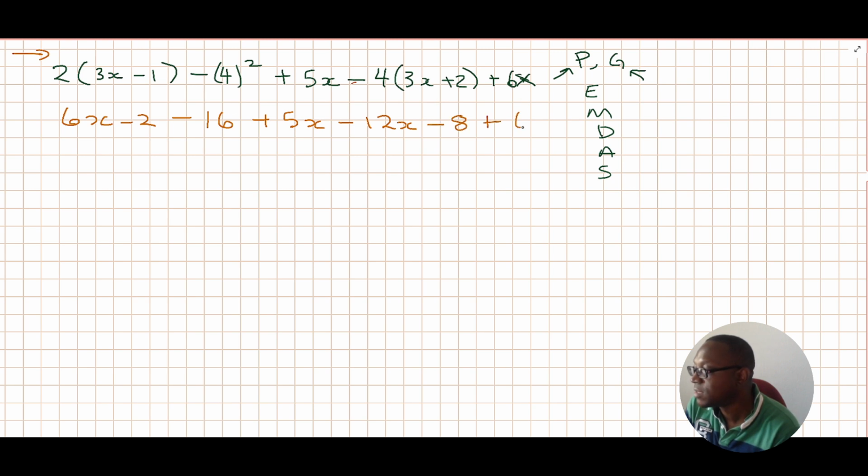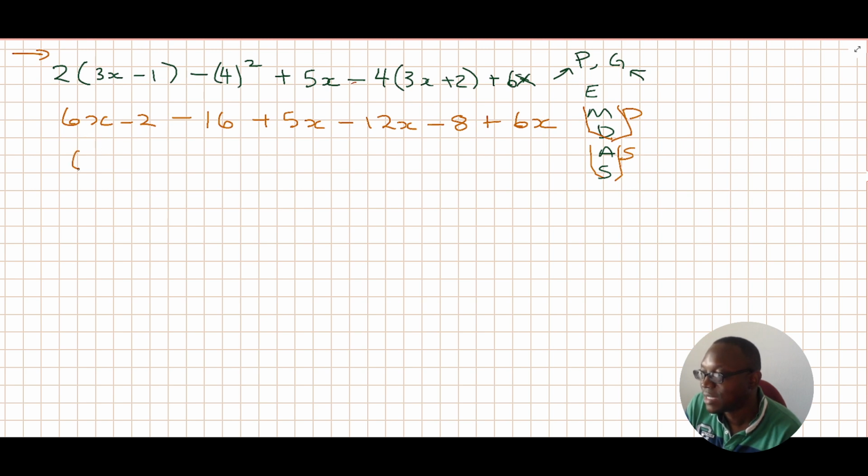And then plus 6x. So now, when you have this kind of a situation, remember that multiplication and division are on the same level. They have the same priority, really. And then addition and subtraction also have the same priority. The only distinction here is that you start from the left. Whichever one comes first on the left hand side, you have to address them first. So let's go ahead and